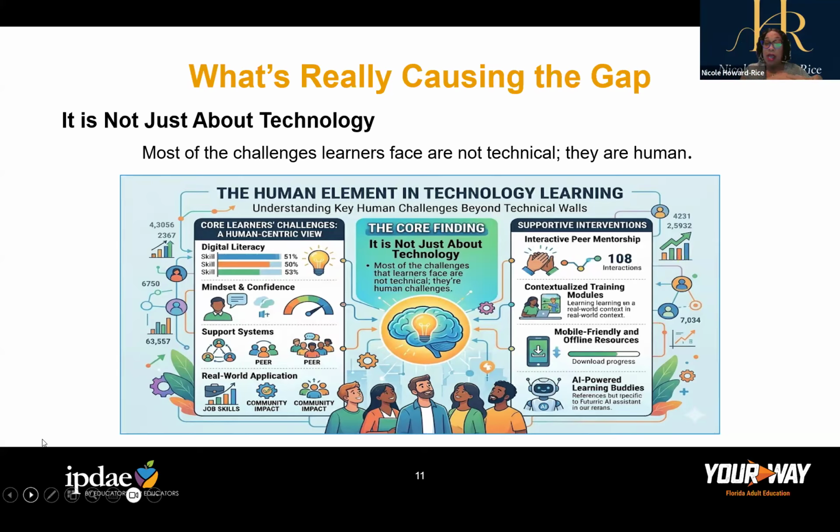So we have to use our AI-powered learning buddies. How many of us are actually using AI within the classroom? Let me know if you have incorporated that within your learning. Okay, thank you for being honest. Who else? Are you using AI? It's okay. There's no right or wrong answer here. We're going to grow together. Okay?